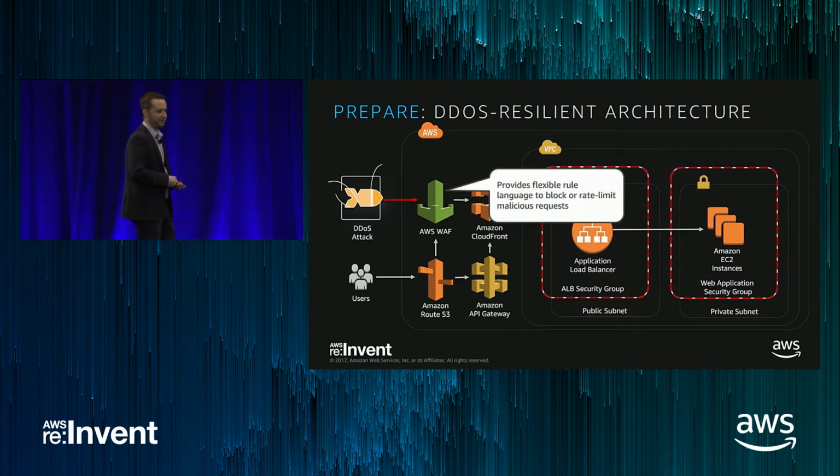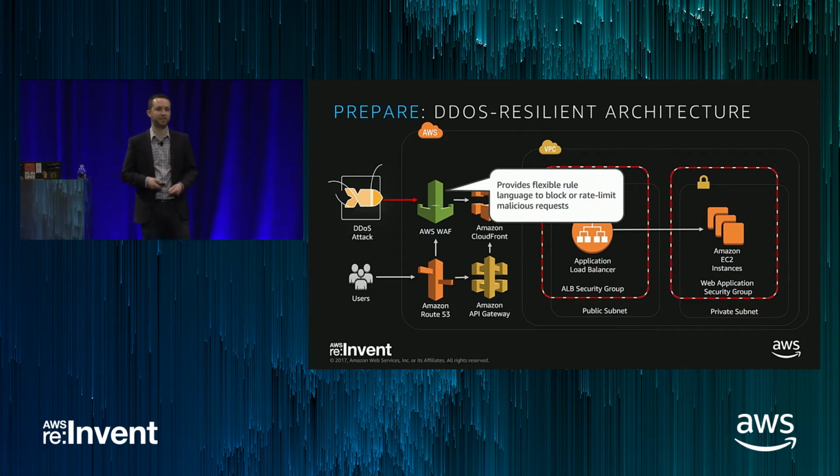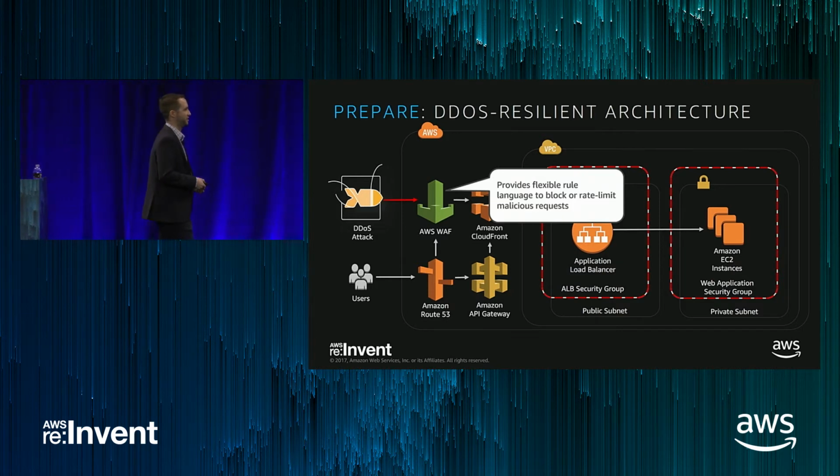With the AWS WAF, you get a flexible rule language, or what I sort of like to call an object-oriented WAF, which allows you to create rules, apply those rules to any number of CloudFront distributions or application load balancers, and to reuse those rules very easily. So as you scale your application and add more components and add more services, you can keep taking those same rules and